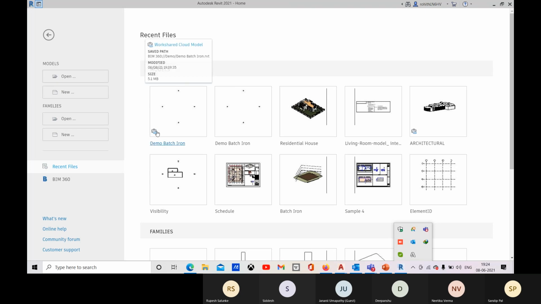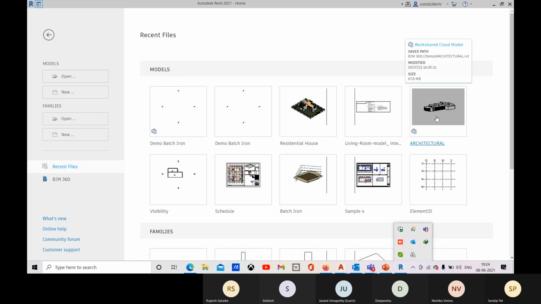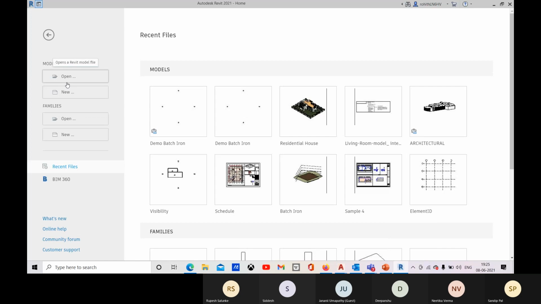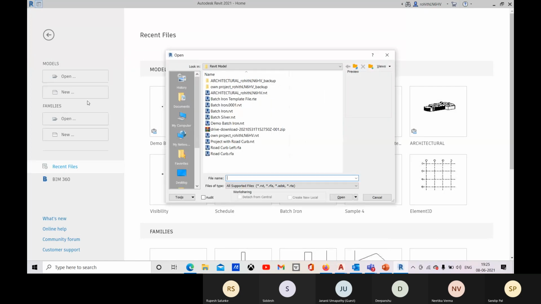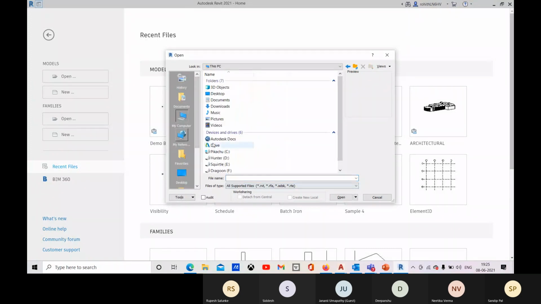So here also you can see that this is the symbol. Okay, so like that I have already saved, and here you can see that this is the path where it is saved. All right, so I need to go to the open option. Let's go to open, and you will get that A360. Right now I'm not getting that. Okay, so yeah, Autodesk Docs.